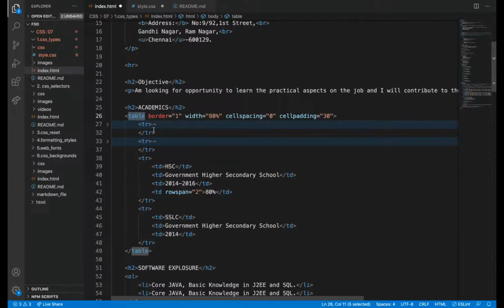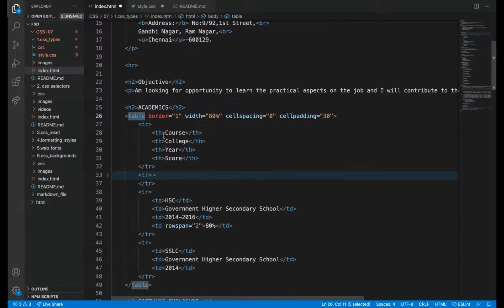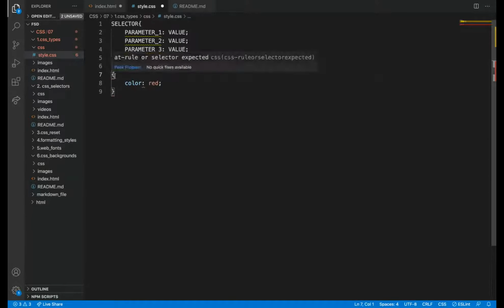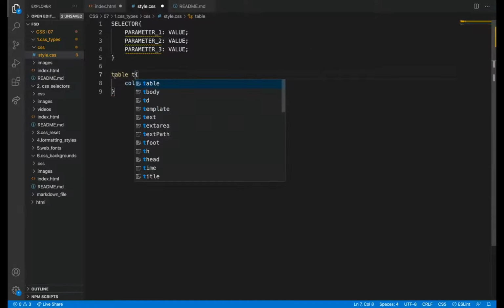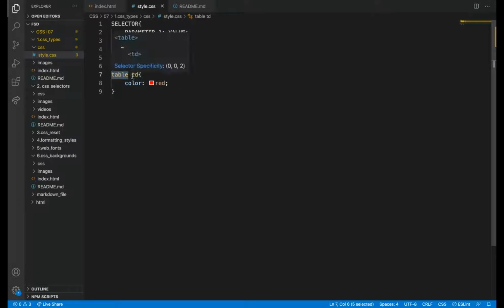So the immediate tag to the table is TR, that is the child. So TD and TH are the descendants. So I can access it like table and then TD. So table space TD, this is a descendant.